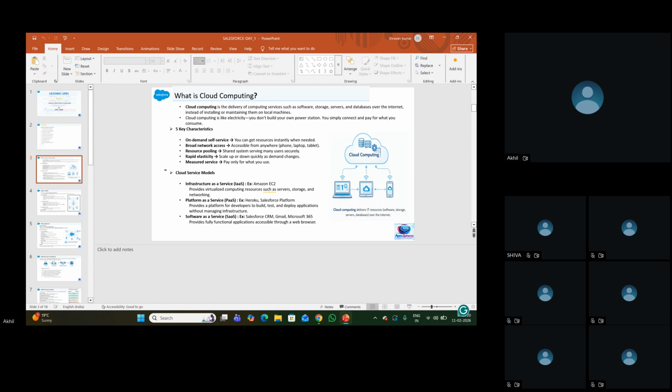So, cloud computing models. Cloud computing is divided into 3 categories. Basically, when I say cloud computing, it's like Salesforce. One is infrastructure as a service, and one is platform as a service. The other one is software as a service. Let's start from this, software as a service. So in Salesforce or cloud computing, we'll have 3 categories. One is software as a service.